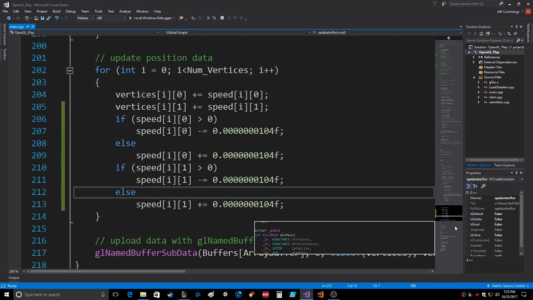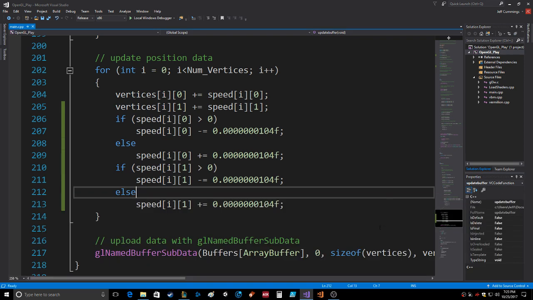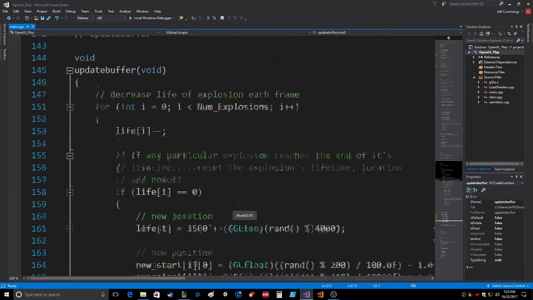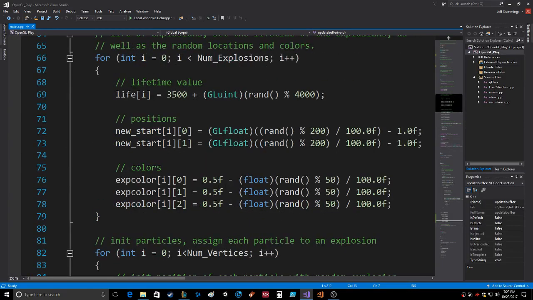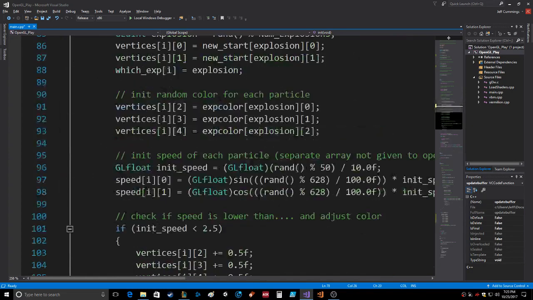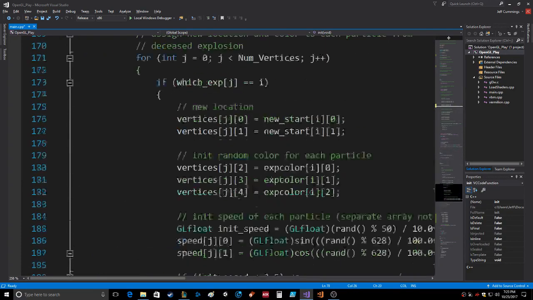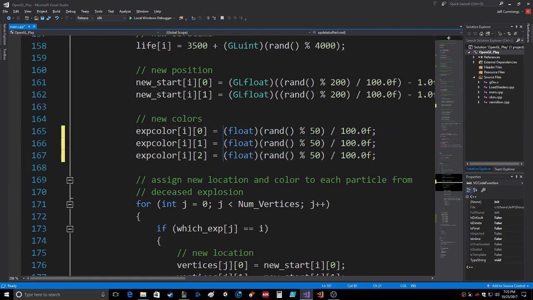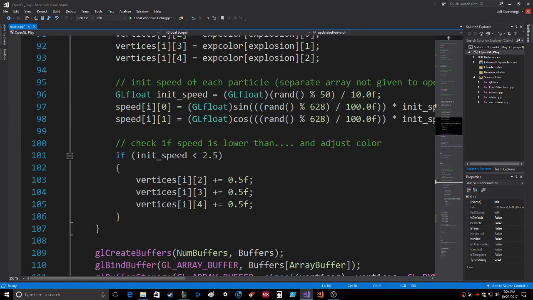What did I do? I hate it when I click the wrong GUI thing. Okay. So now, right here, the new colors. Okay, hold on. Is that the only place where we do colors? Yeah, new colors. So we'll just let the colors equal whatever. New colors. Where is it at? Right here. And then the point at which you adjust the colors, right here,